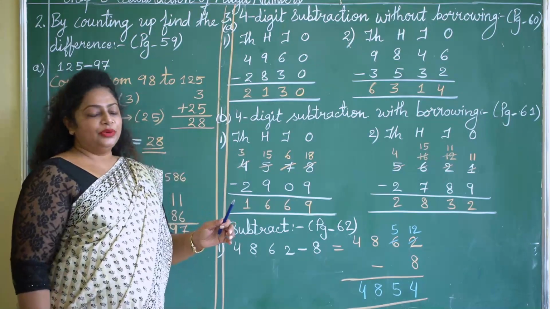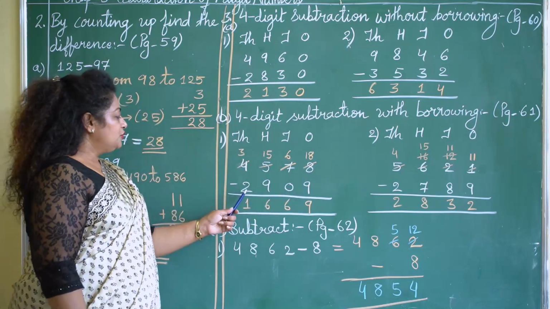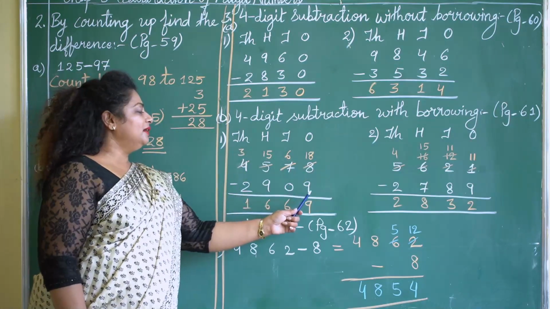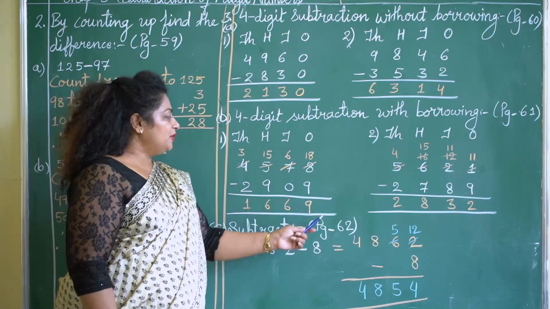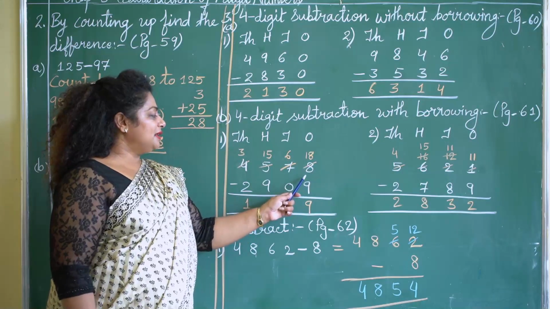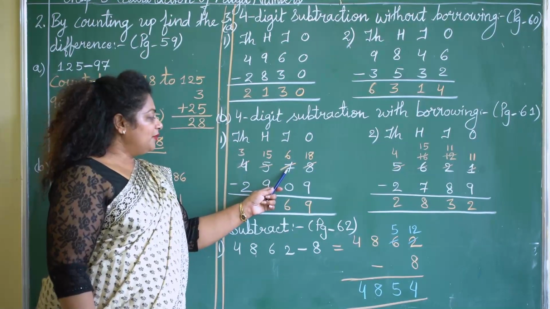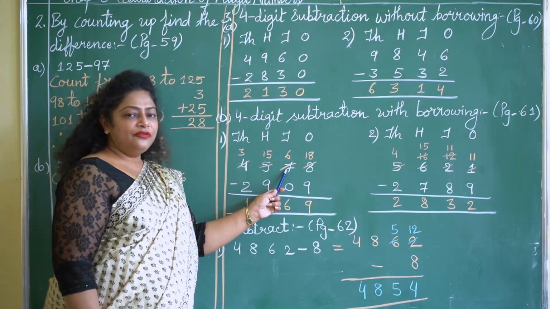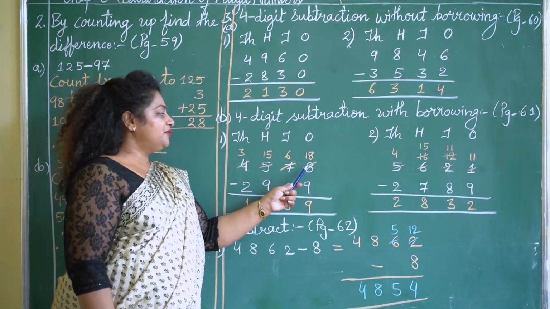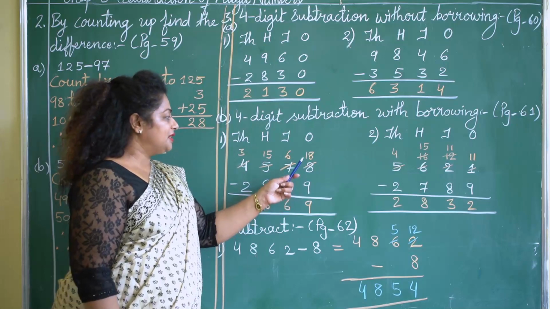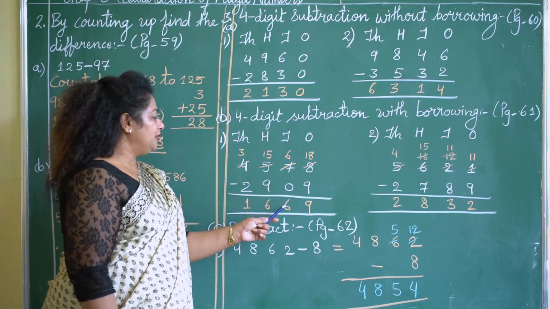The sum given to you is 4578 minus 2909. Let us start subtracting. As I told you, we have to start subtracting from the ones place. Now can you see this number 8 is smaller than 9? That means we have to borrow one from 7. If we take one from 7, the number 7 itself will become 6 and the number 8 will become 18. So let us subtract. 18 minus 9 will give you 9 and 6 minus 0 will give you 6.